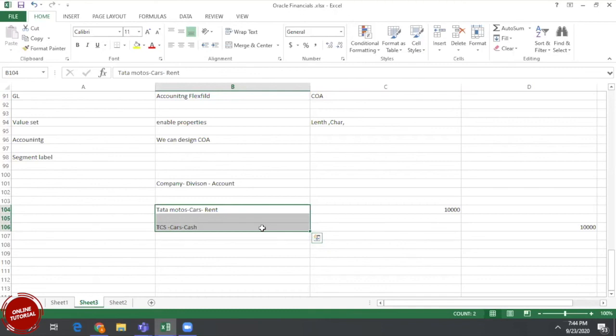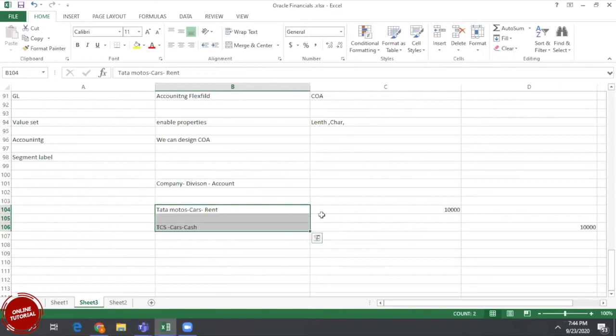Tata Motors cars, TCS cars. It is not valid. So Tata Motors cars division rent is being paid by TCS. Correct? You mean this is an intercompany transaction? Yes, at company level we are passing this transaction. The Tata Motors user entered this transaction.